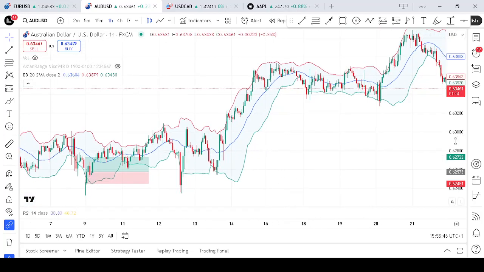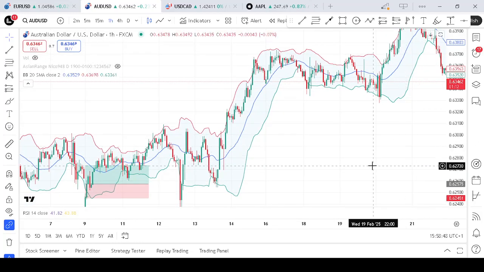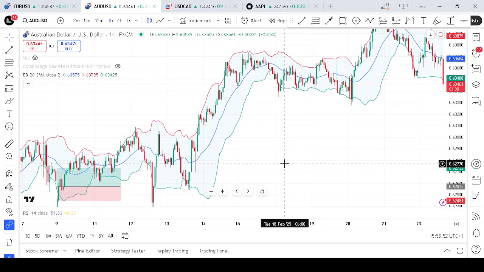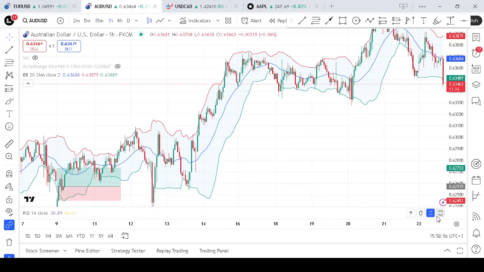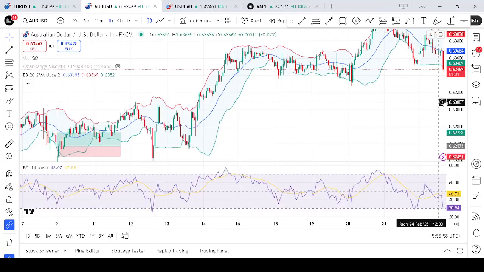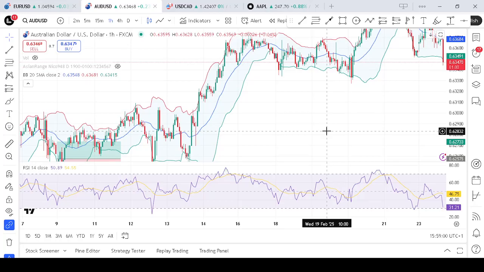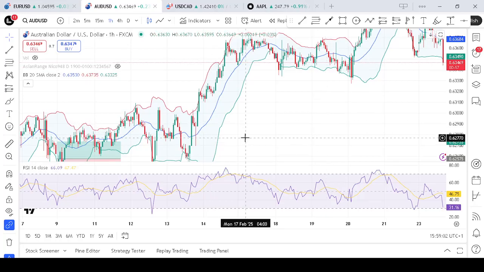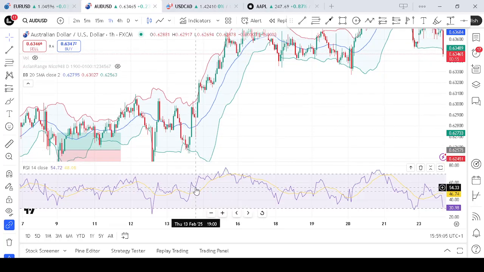That is for a trending market. The indicator we can combine this Bollinger Band with is called the Relative Strength Index, the RSI. With the Bollinger Band combined with this strategy, all we need to do is note when price at the RSI gets to the 60 or 70% area. Once price is trading at the 70 area,